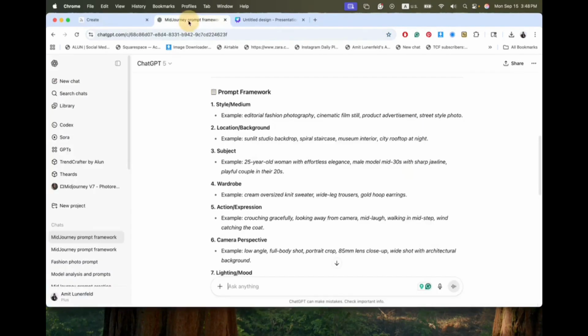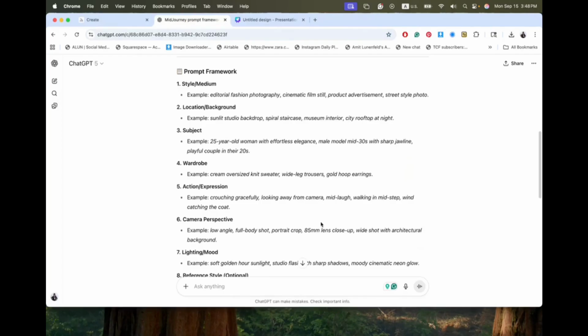So we're going to go into ChatGPT, ask it to analyze these specific things for the prompt. Just a reminder of what you need. I'll also add this list below so you guys can have all the things you need for a model. So we are starting with style. It could be editorial, fashion, cinematic film, advertisement, etc. Location, it could be in a studio, city roof, beach, whatever you want.